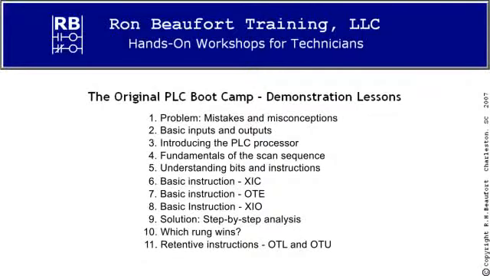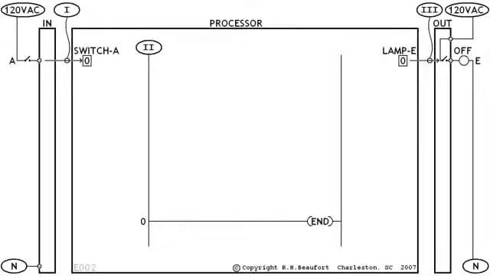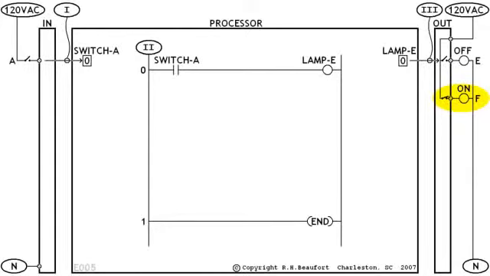This lesson covers some of the important differences between bits and instructions. This is where we left off with our last lesson. Before we get started, let's add in a simple rung. And now watch this area as we add in another output device. Here we've got a new set of contacts and a new output, lamp F, on our light box to use